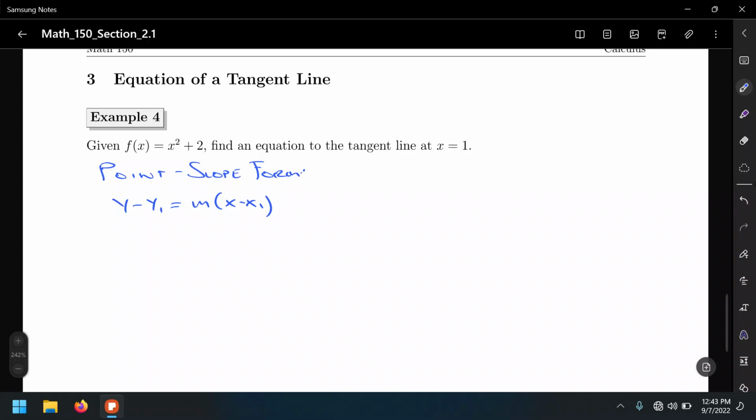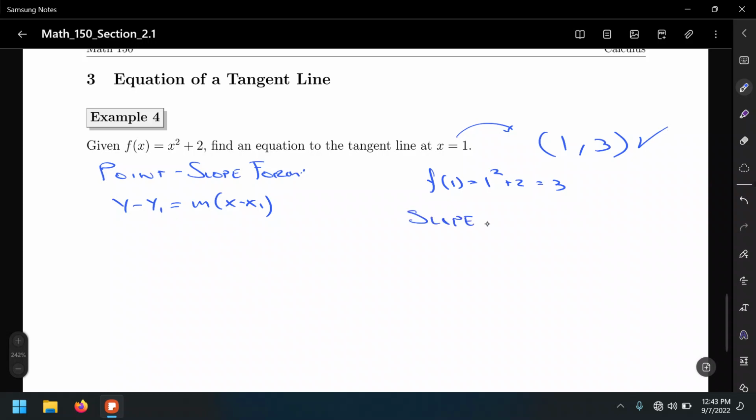Well, we need one point and we need the slope. The point, we can get from the function because we have the value of x equals 1. This means the ordered pair 1, comma, we only need to figure out the y value. How do we get the y value? Plugging in x equals 1 into the original function, right? f of 1 is 1 squared plus 2, which equals 3. So we got the point, and